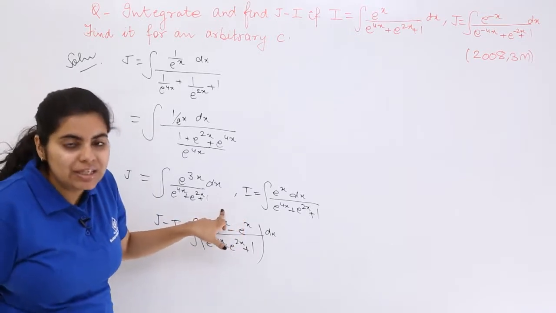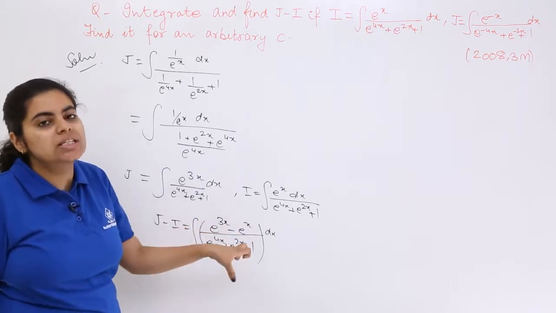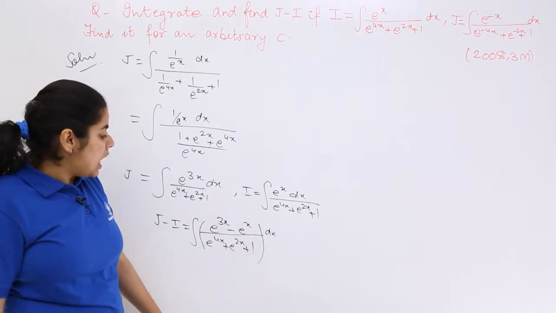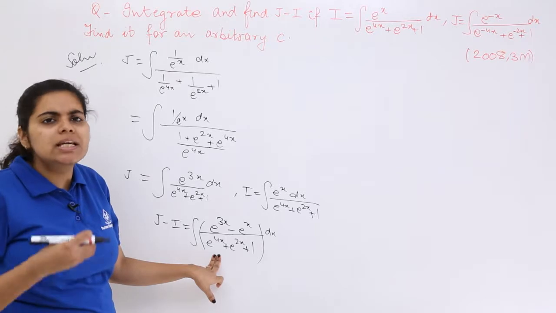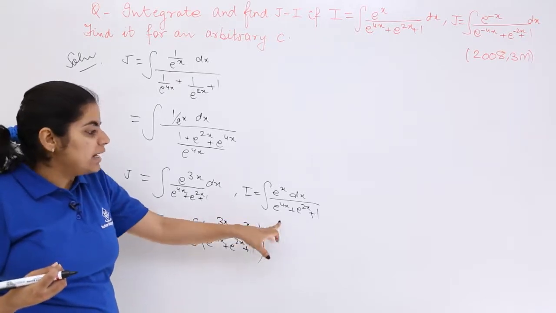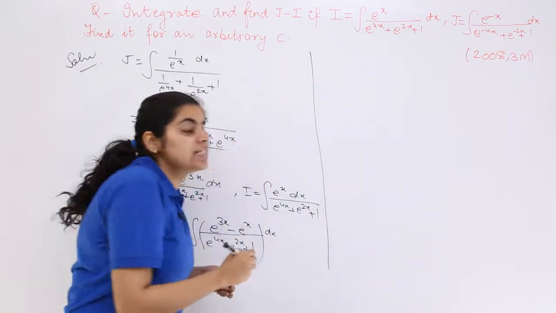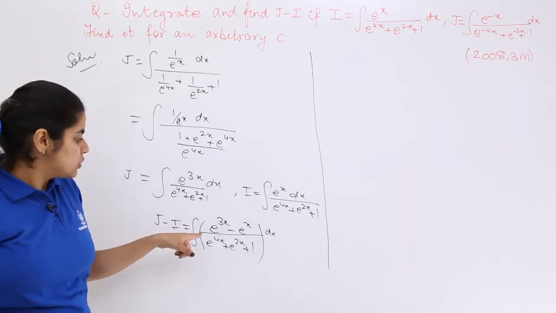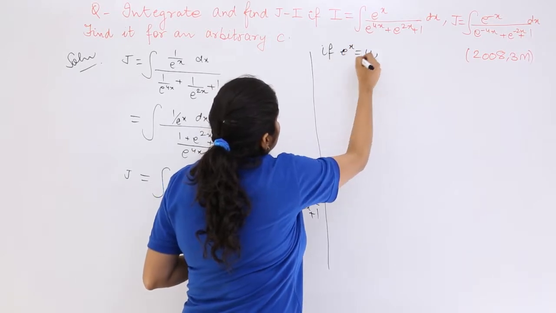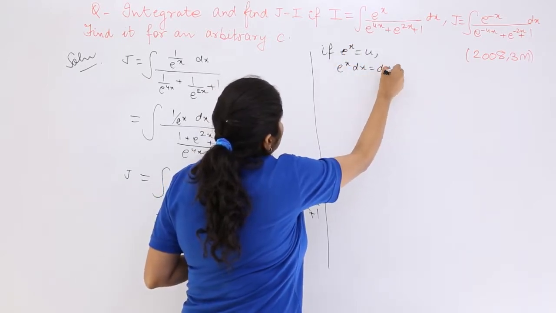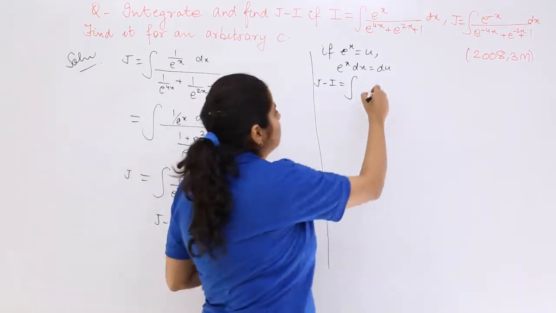Now e raised to the power 3x means what? It is very easy to calculate and compute it in the form of taking things common. The other thing is, if I put e raised to the power x equal to say u, then e raised to the power x dx becomes du. So that is very easy. That means I can substitute and again simplify things. So see, this becomes what? If e raised to the power x is equal to u, e raised to the power x dx is equal to du. So J minus I is equal to u cubed,